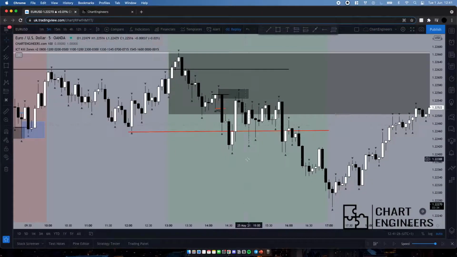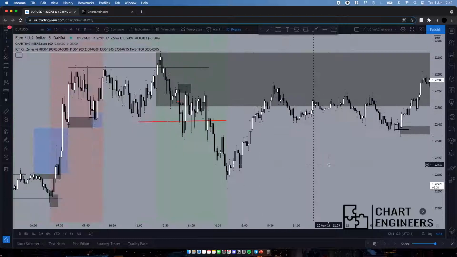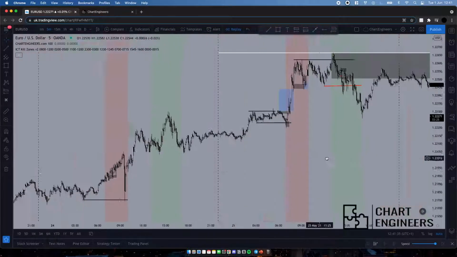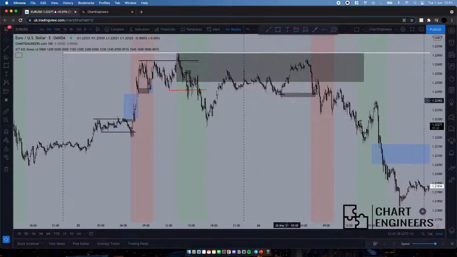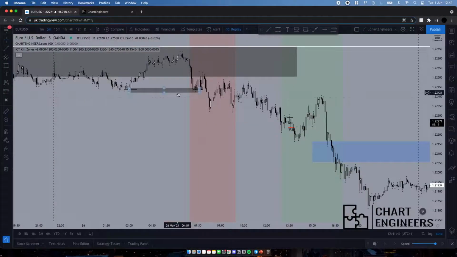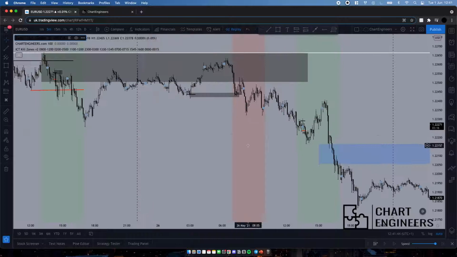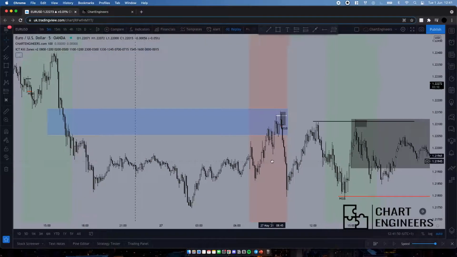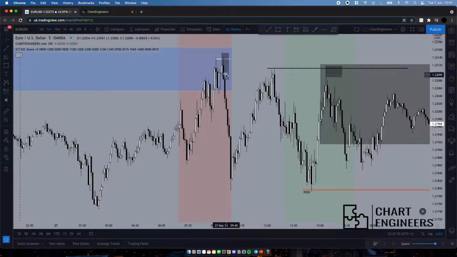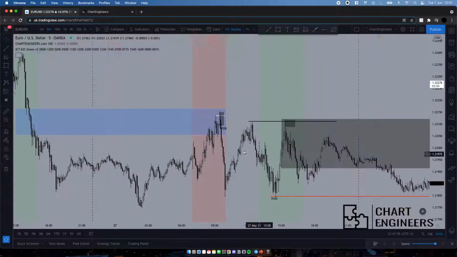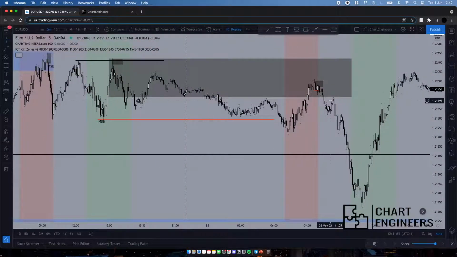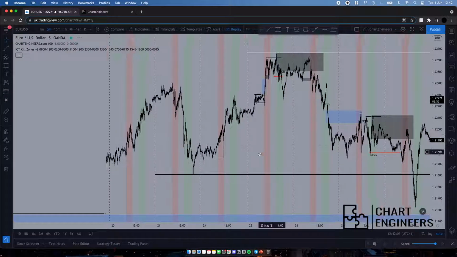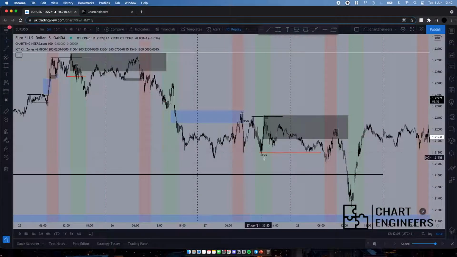Wednesday, we had a win over here. And then, no, this is Monday, Tuesday. Then Wednesday we had 2 wins over here, 2R and then 3R, both M5 raids. We had a loss over here. And then Thursday we had a win over here. And then Friday we had a win over here. So this week just had to be a bit patient and adapt to the 2R TPs, but overall it was a good week.